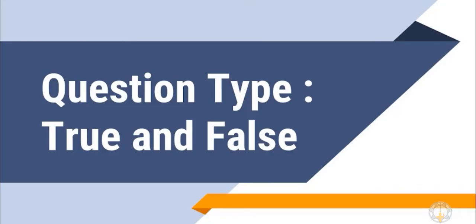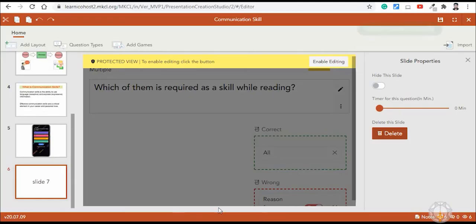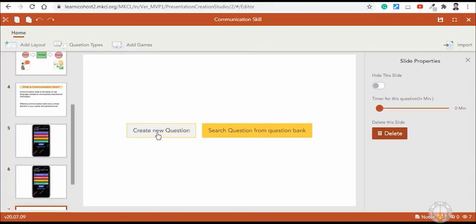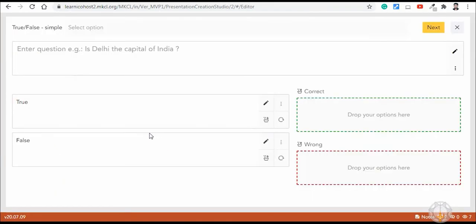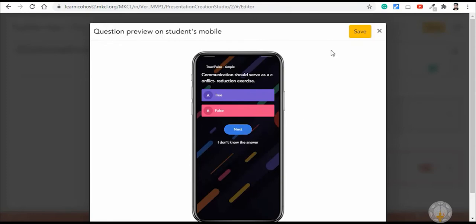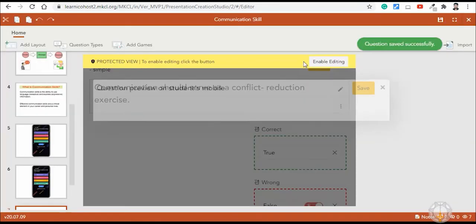True and false. Add questions and options by click on edit icon. Drop correct option in a correct bucket. True and false question is successfully added.